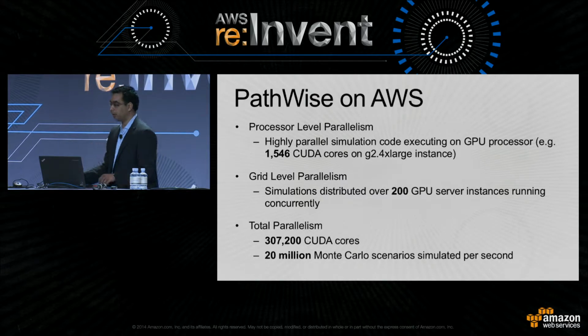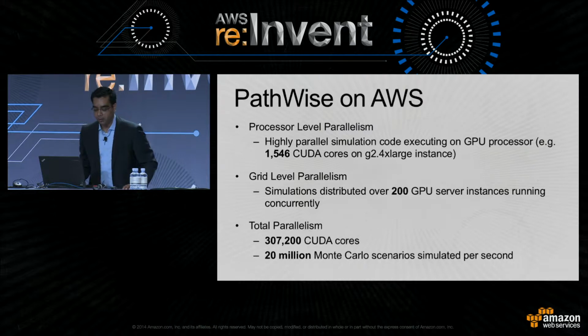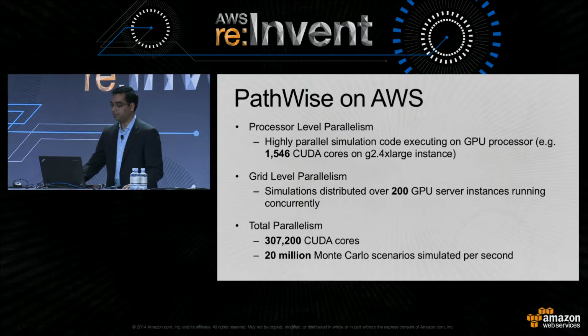Now, the title of this talk was from 10 days to 10 minutes. And in an embarrassingly parallel problem, that's actually not very hard to do. You just keep adding more cores until it'll scale linearly. So just keep adding cores and you'll keep reducing runtime. So that's not really the